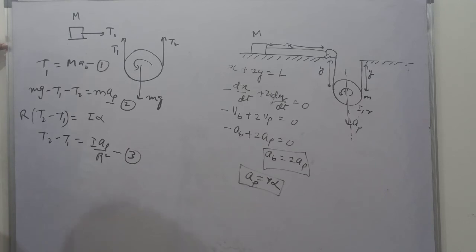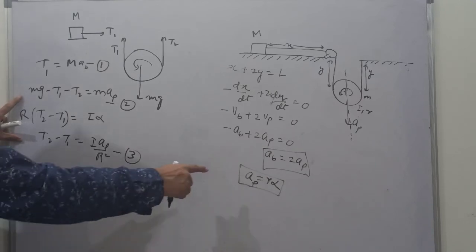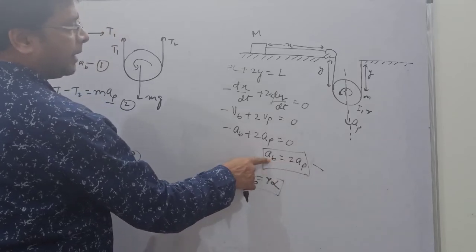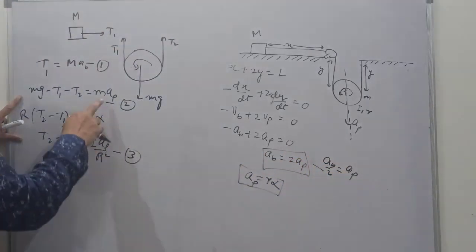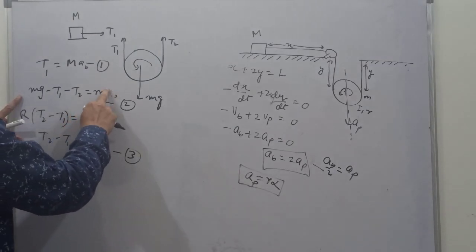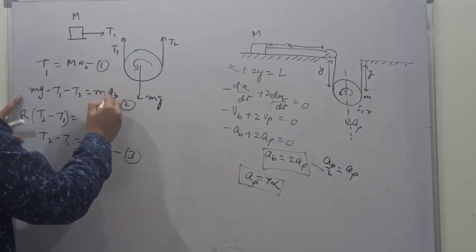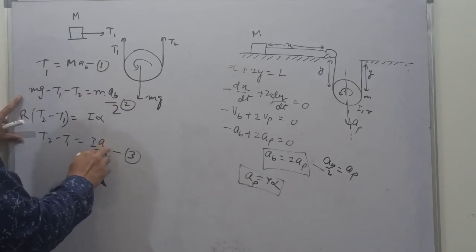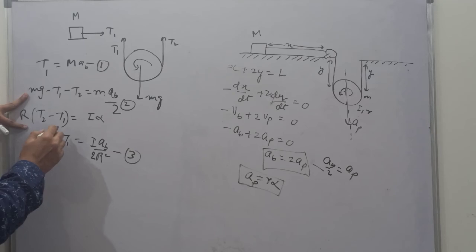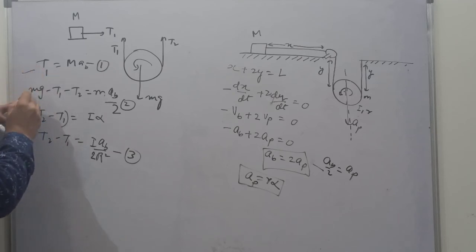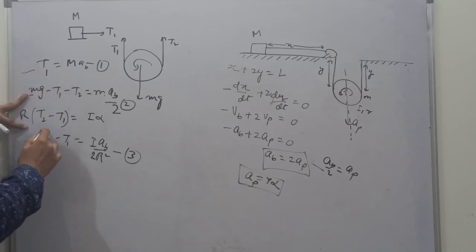Now we can solve it very easily. We have to just replace this here. In place of AP, I can write AB by 2. So AB by 2 is equal to acceleration of the pulley. So in place of AP, I am writing AB by 2. Here also AB by 2. We have to find the acceleration of the block only. Now I am adding this and this. So T2 is gone. Let us add this also. This and this, T1 gone, T2 gone. So what will I be left with? mg.